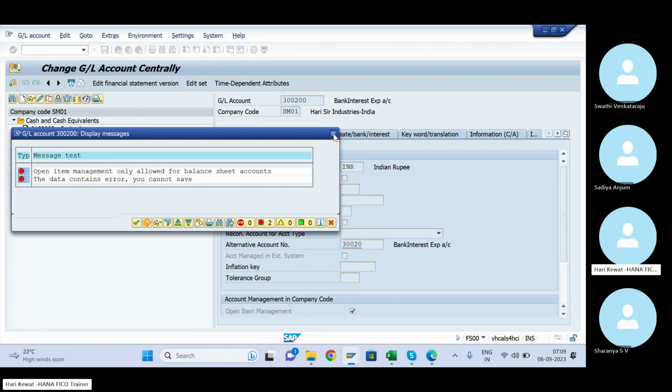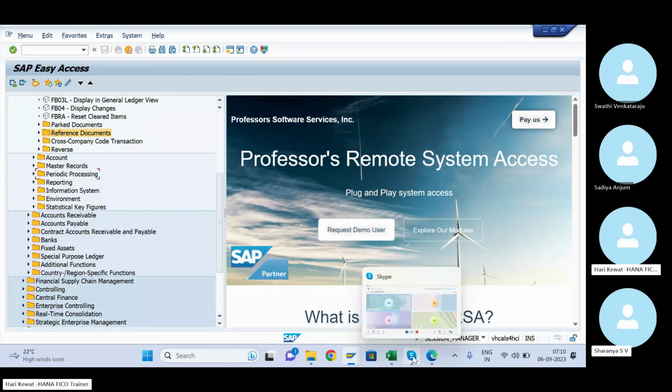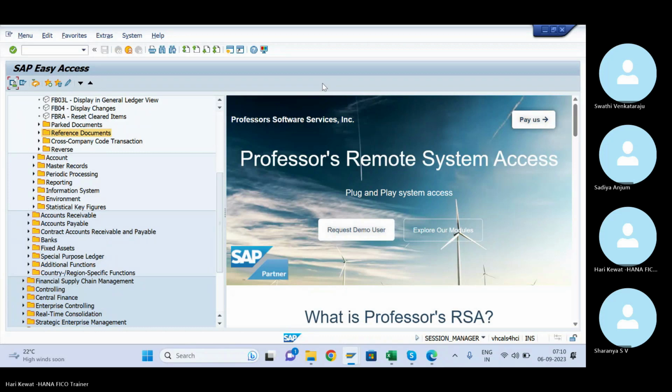Is that clear? Because they will ask in the interview, so you have to remember all these points. They'll ask what is open item management. Then what will you tell? You have to tell: open item management is required only for those GLs which have a clearing nature, like GRIR, bank incoming, outgoing.